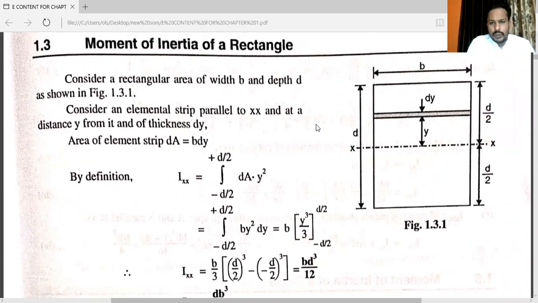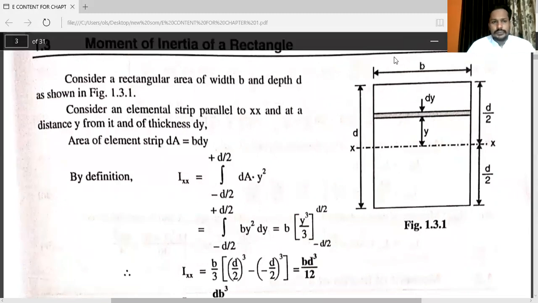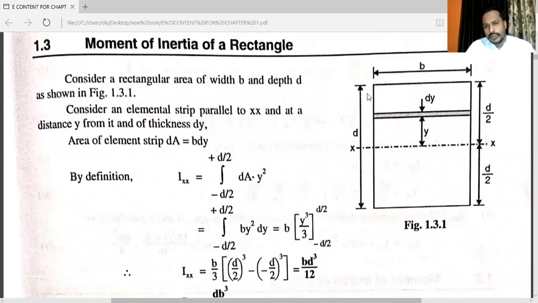See, in the first year, we know how we can calculate x bar and y bar from x-axis and y-axis. See, we know the formula for centroid of a different geometrical shape. That is the base for moment of inertia. Here, I will provide you the entire chart for a required geometrical shape. See, here you can see that the base is given, that is B. The height of the rectangle is given, that is D.